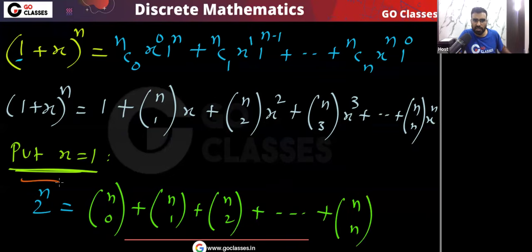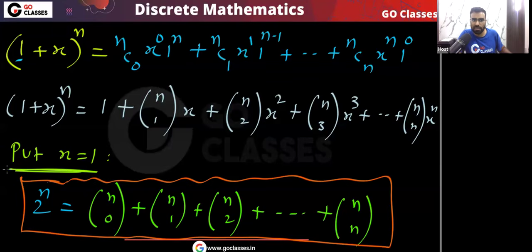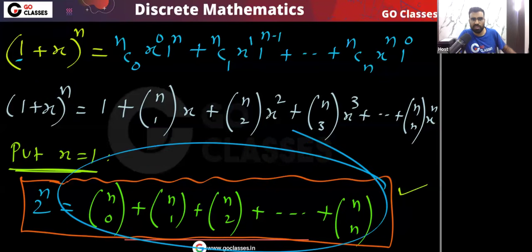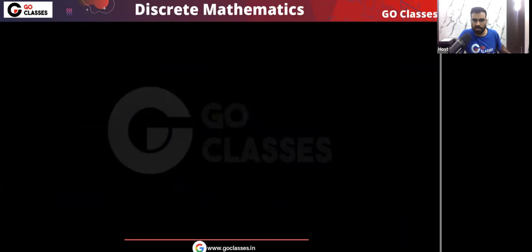You can see that the summation of binomial coefficients is 2 power n. The summation of all the binomial coefficients from NC0 to NCn will be 2 power n. This is a key point.